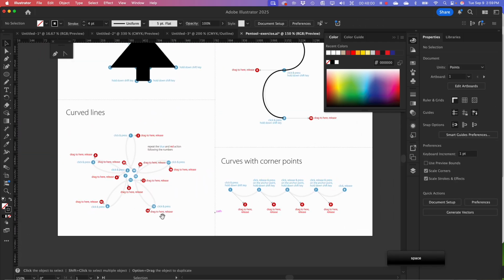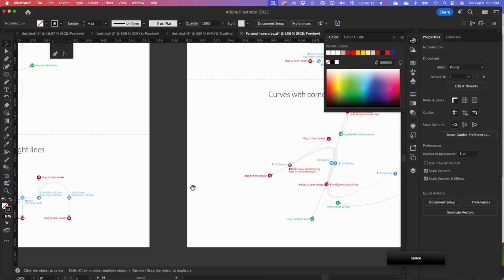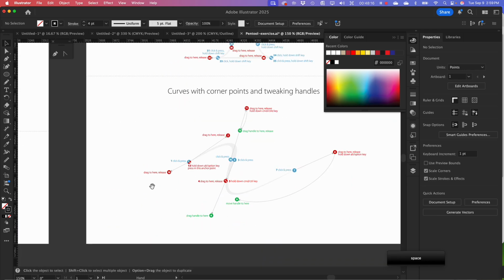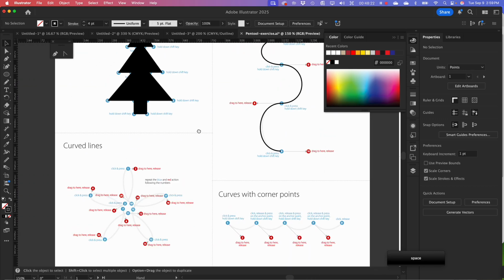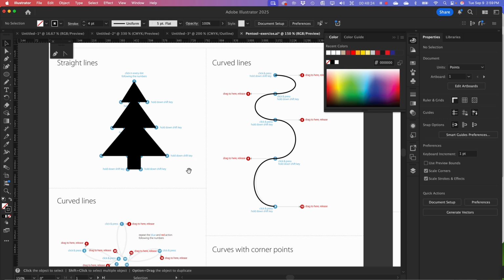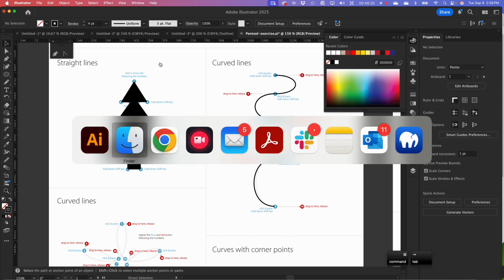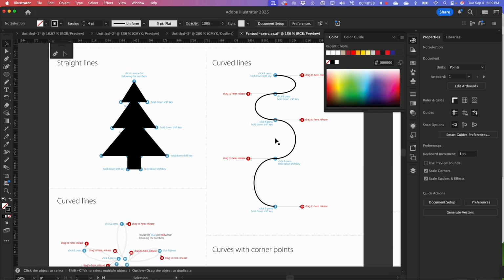But then we've got curved lines. Curved with corner points. All things that I did in my demo, but you're going to follow this to do all of these. There are 3 sheets of them. So the first thing I want you to do is complete all of these at least once. If you want to do it more than once, that's great, but do them all at least once. And then once you've done that, and not until then,